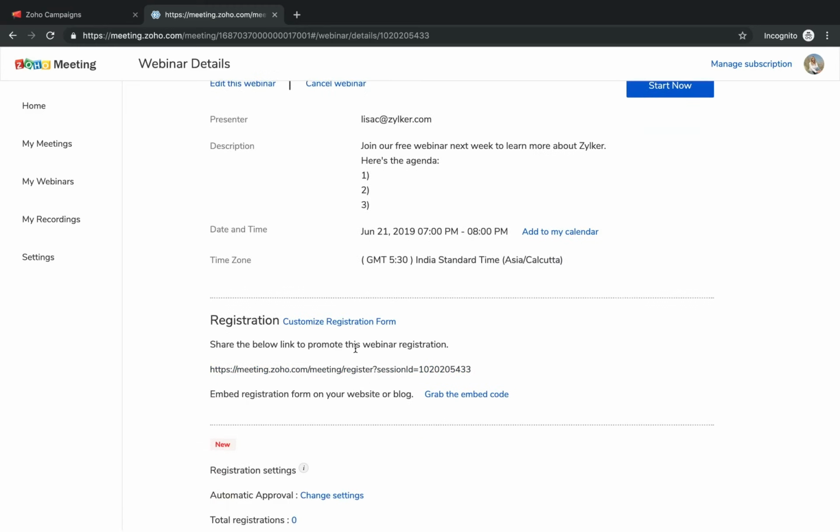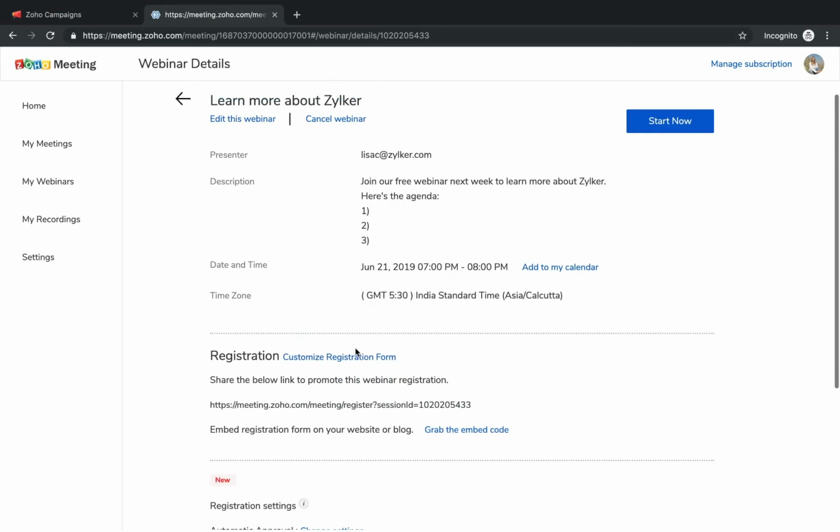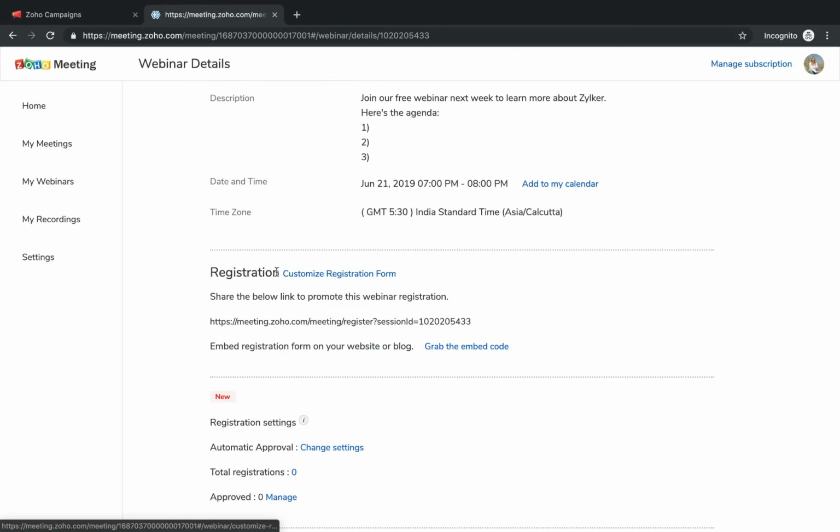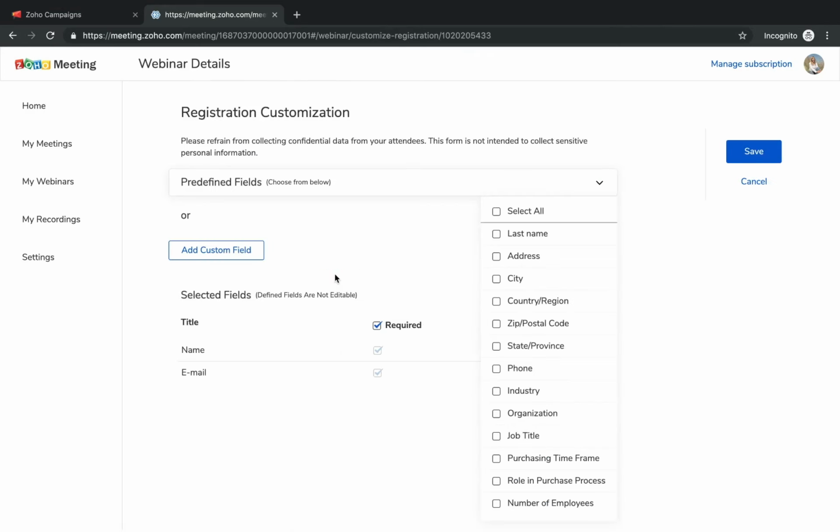Here you would find the details which you have already given, and here you can customize your registration form. If you would like to know where your customers are registering from, it might be helpful in sending email promotions.